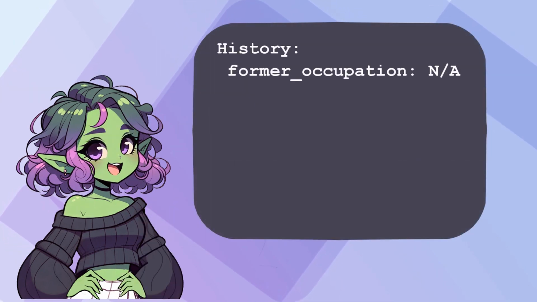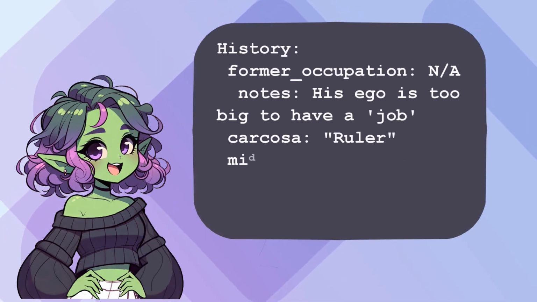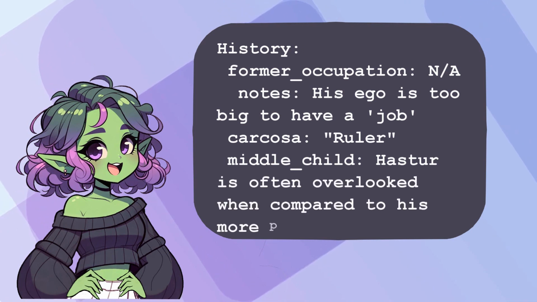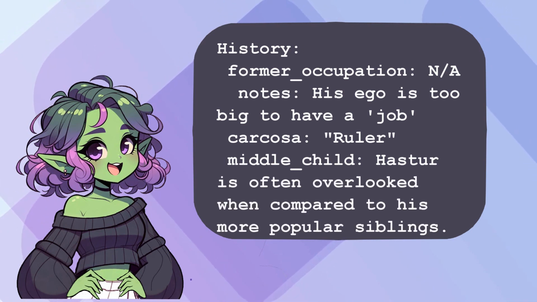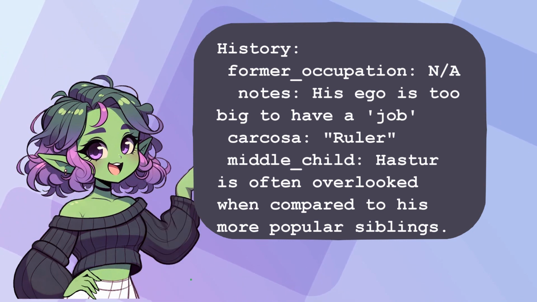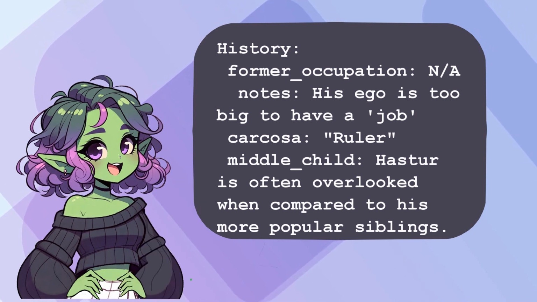Since Hoster is likely a well-known character within the AI's training data, we don't need to fill out the history section unless we're placing him in a specific time or context within the story we want to run. However, if we are tweaking his timeline or adding specific historical details, this section can help ground the AI in the new plot. We can fill this out quite easily using the same method we used before when filling out